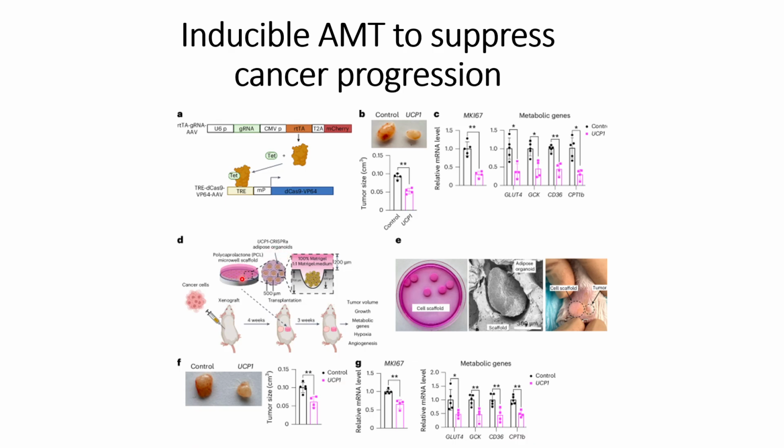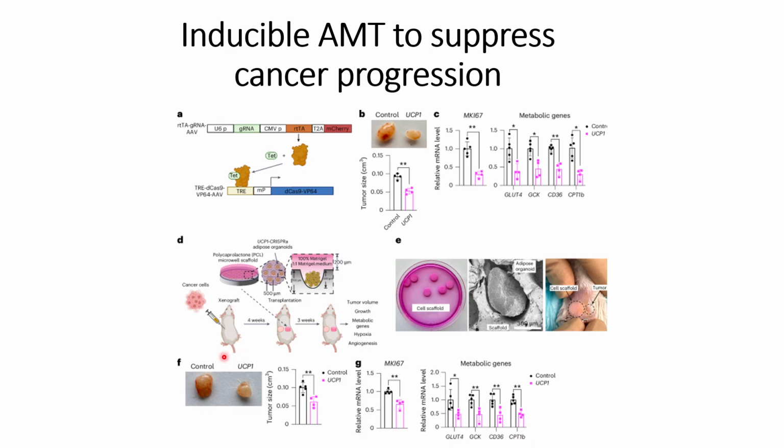Next, they prepared different methods to generate the organoid of these UCP1 genes CRISPR adipose organoids. Here they use this polycaprolactone microbial scaffold, and in this case the transplantation efficiency of this organoid is higher. So when they use this approach to transplant the adipose organoid into the mice, adjacent to the tumors, what they are able to see is that,